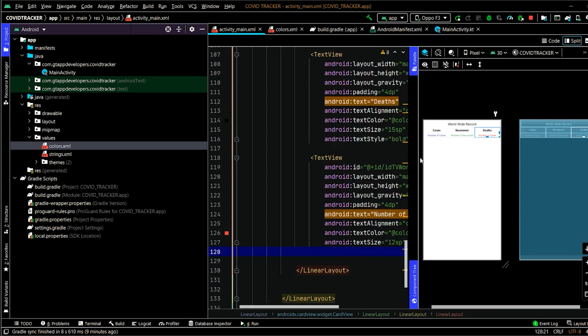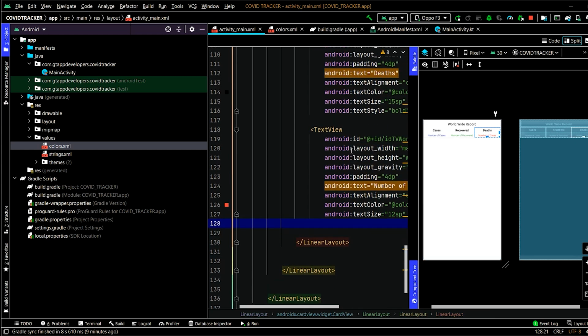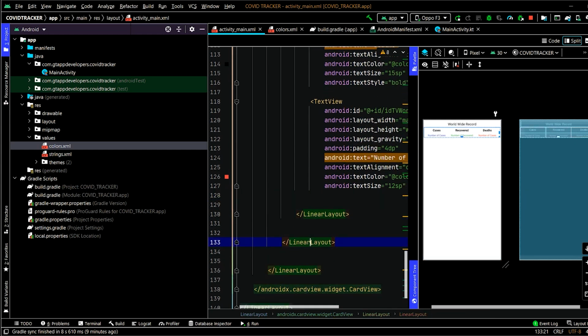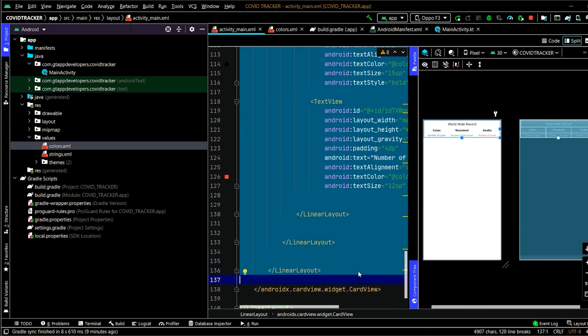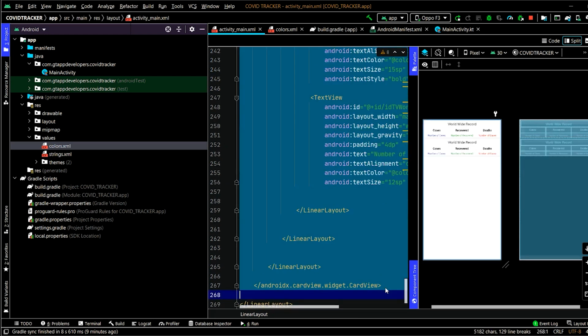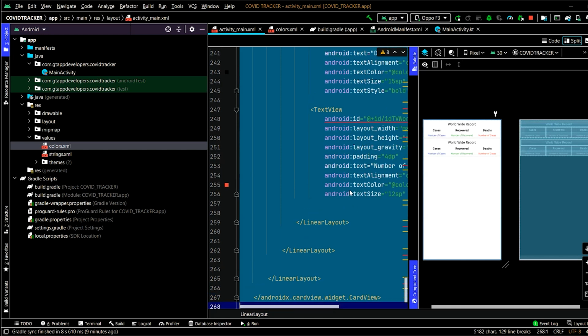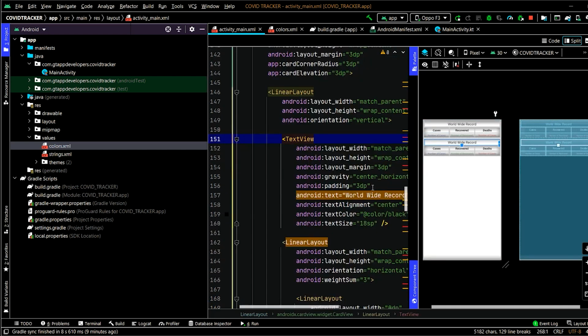Now we simply have to create another block which will be for the Indian country. So for this, we will simply select this card view and press Ctrl D. Our another block will be created. So here we have to change the heading, instead of worldwide, as Indian record.